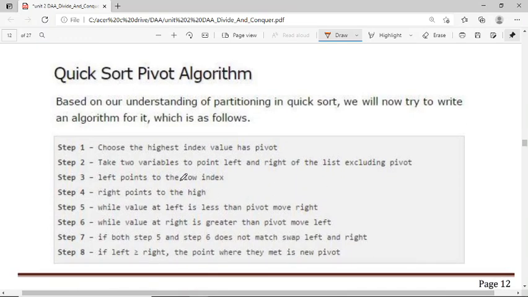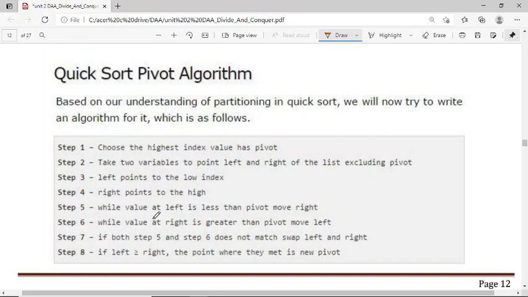Take two variables to point left and right of the list, excluding pivot. Whatever pivot we are selecting, we are not adding in the left and right. Left points to the low index, whatever is present on the left-hand side, and right points to the high index, the highest value.